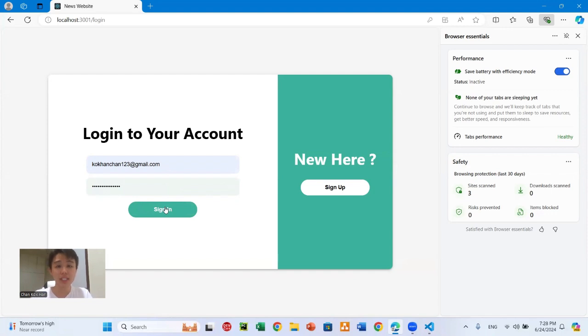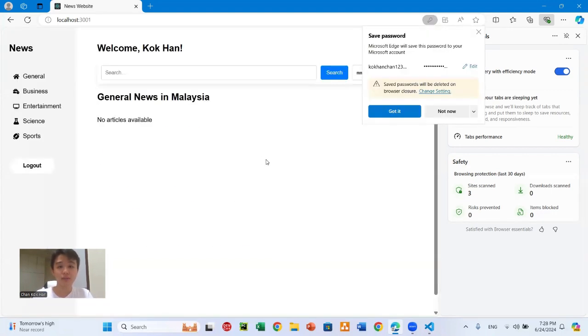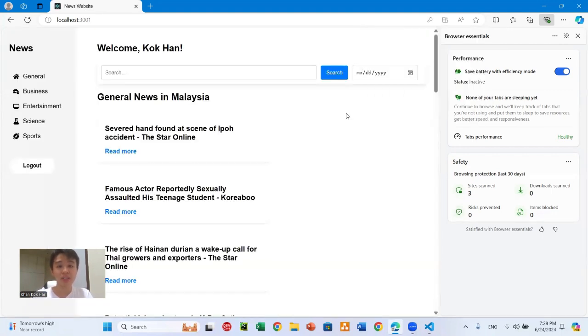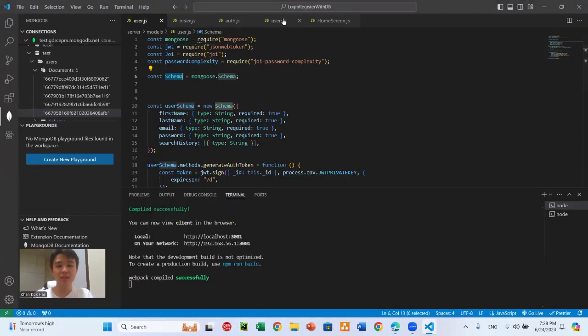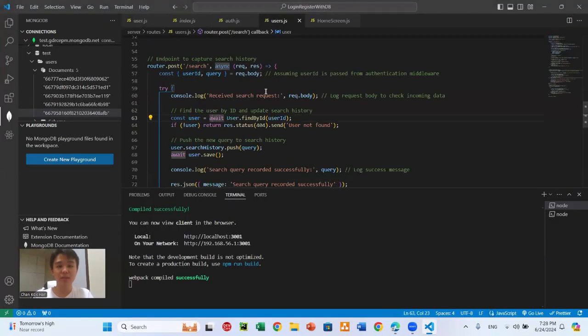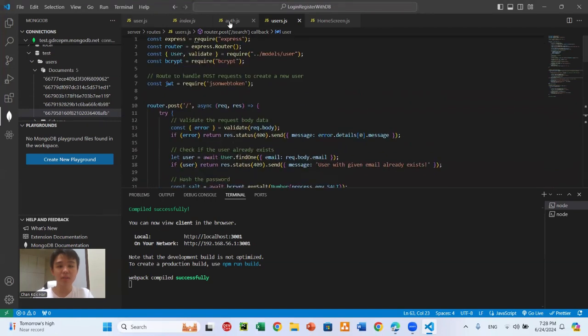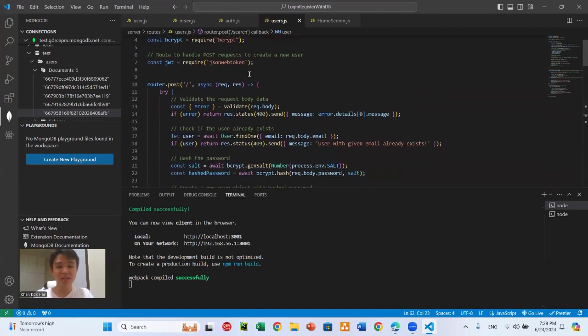Once the details are correct, they can go into the home page, and here is your name. Welcome, your name. So for the login, for the register,